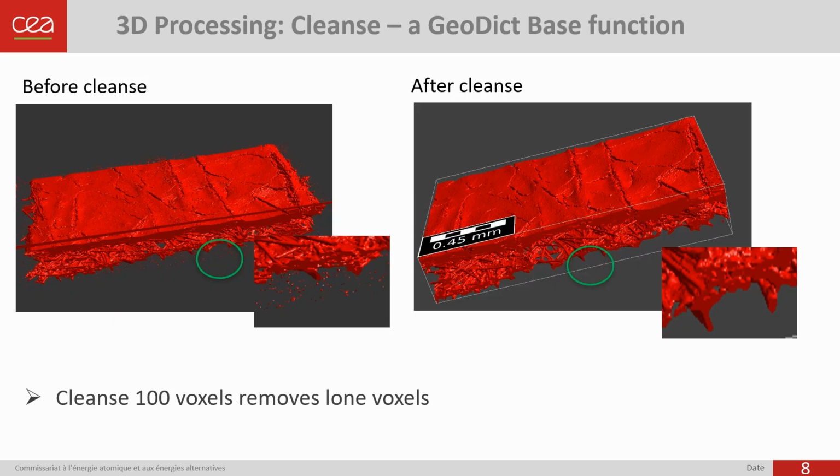Even if we did some cleaning on the 2D images, there is still some noise to be removed on the 3D structure. As we can see here, there are a lot of voxels which are alone and which don't take part in the real structure. So we have to remove these, and for this I used the cleaning tool of GeoDict to remove every voxel which was alone. So this is what I obtained when I applied this last cleaning tool, and I have the final structure on which I will be able to make some measurements.